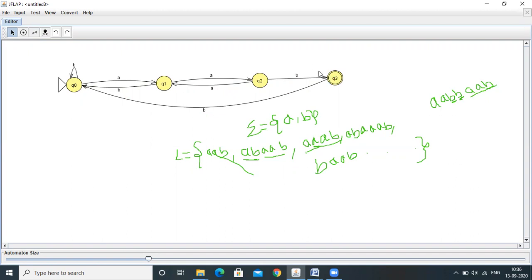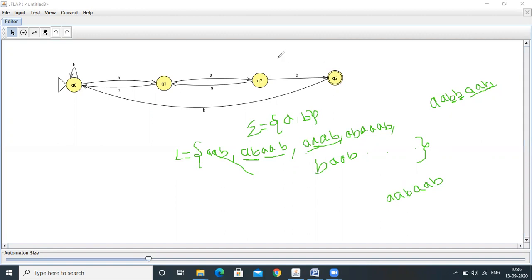Next, Q3 on A, what does it need to do? Let's take the example. After getting the AAB, if you get A, to make the string valid we require AB once again. So we will come back to the Q1 state, from which we are accepting AB.